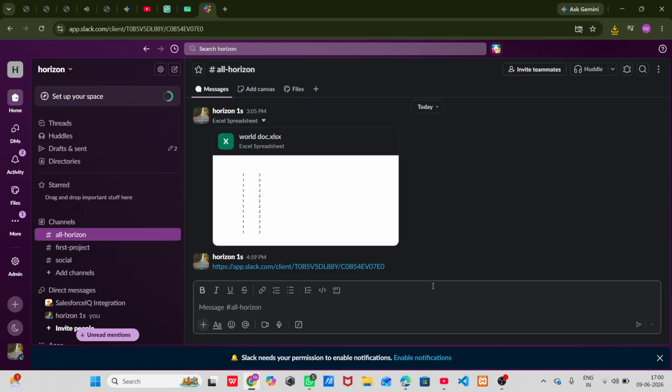Adding clickable hyperlinks in Slack is a straightforward way to share resources, articles, videos, or anything else that might benefit your team. I hope you found this tutorial helpful and that you're feeling a bit more confident about enhancing your